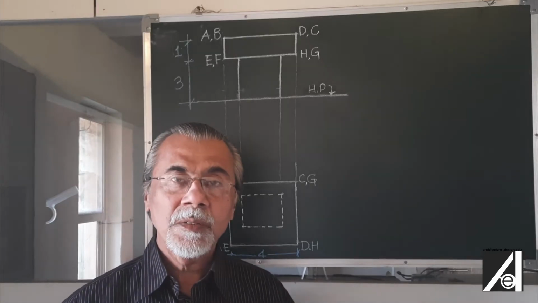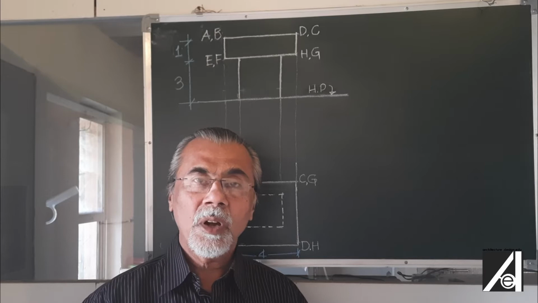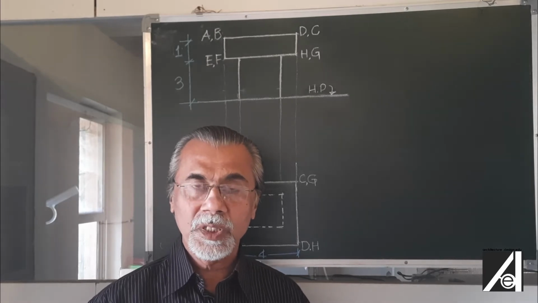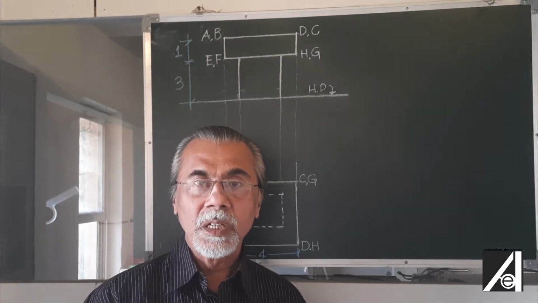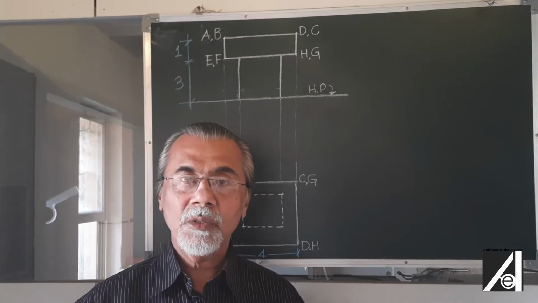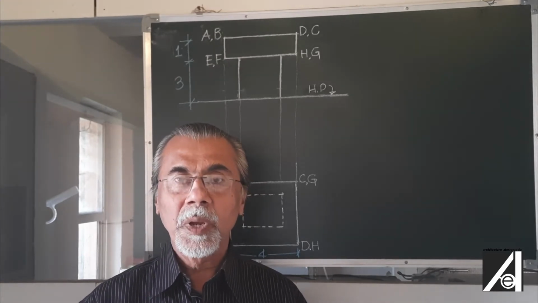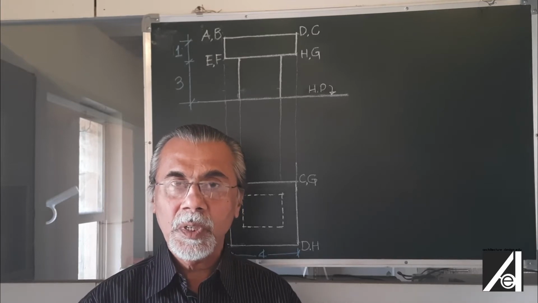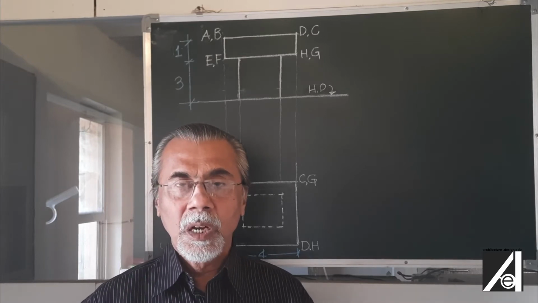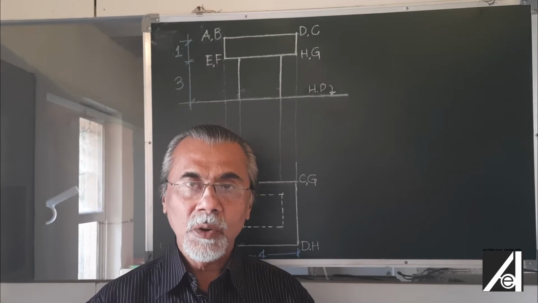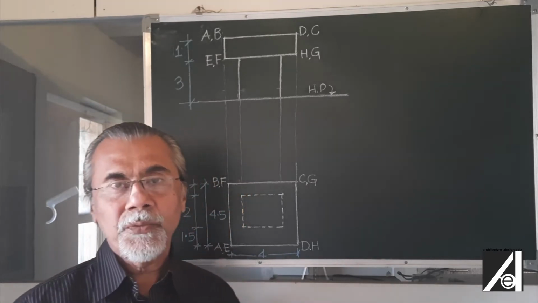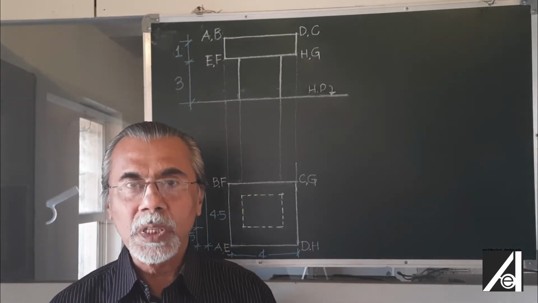So, hello students. In the last class, you learned how to draw the shadow of solids in a tilted position. Earlier to that, you did only the shadows of solids in simple conditions, where the solids are kept perpendicular to the HP. Now we are going to see how to draw the shadow of two solids put together.